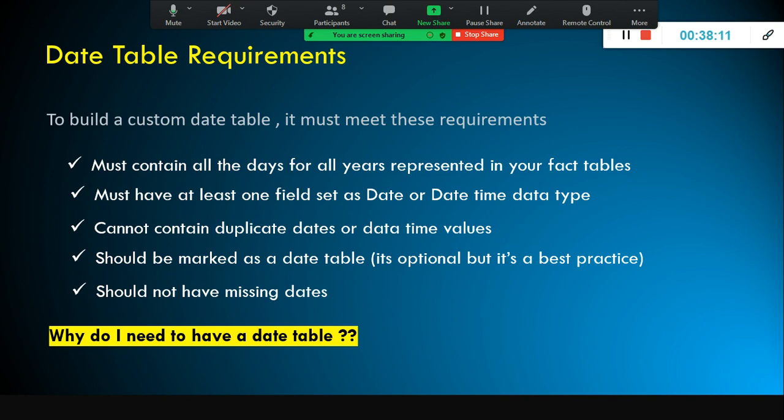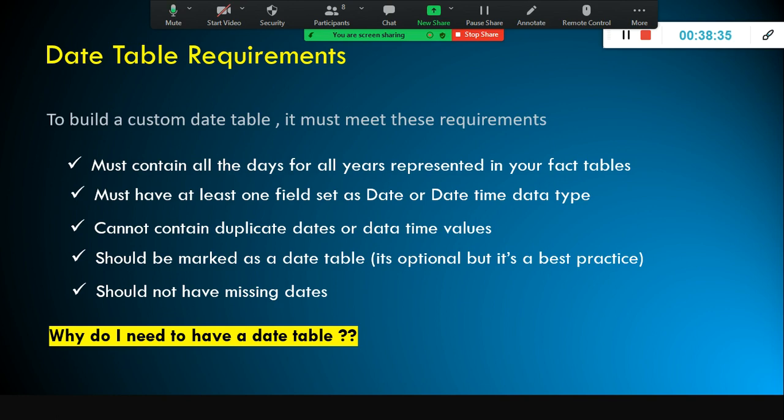In order to build a custom table, you need to follow these steps. You need to make sure that it contains all the days for all years present in your fact tables. In my fact table, let's say I have an order date column, shipped date and so on.